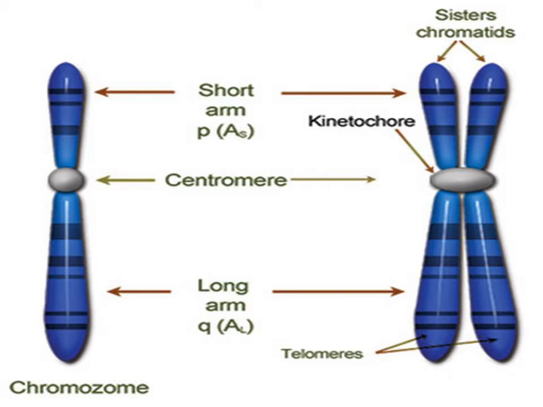Generally, the chromosome has two arms that are called chromatids, but when the chromosome has a short arm and a longer arm, the short arm is called P and the longer arm is called Q. Why is this distinction there? Because in order to recognize the position of a gene, it is very important to know at which arm that gene is located and at what distance the gene is from the centromere. This is the best method to determine the actual location of the gene.